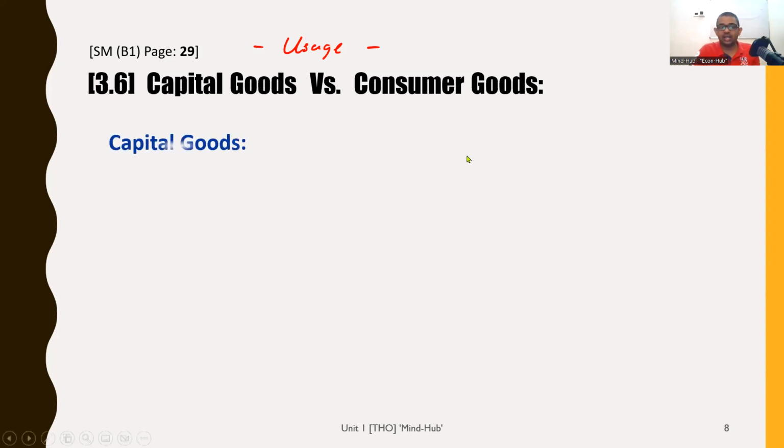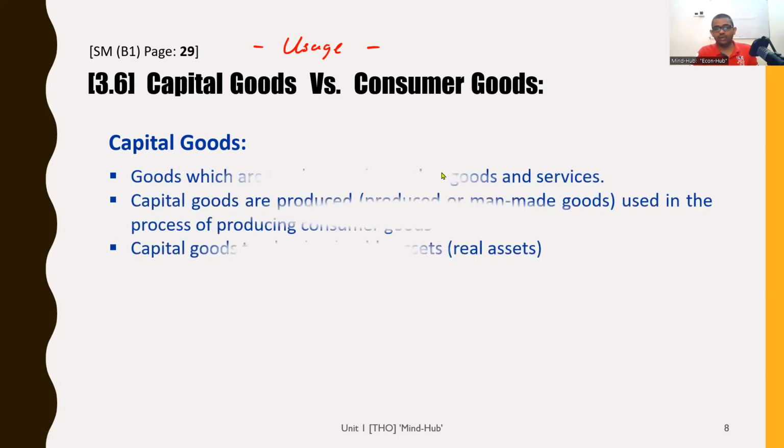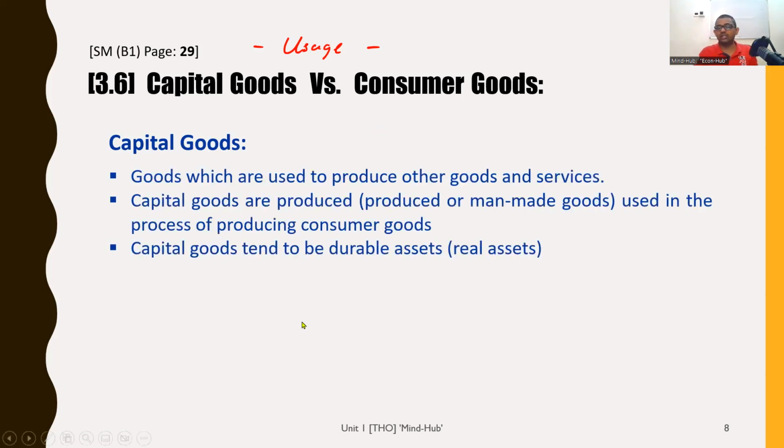But be logical. Capital goods, start writing. We'll write a few points. Goods which are used to produce other goods and services. That is the key. So the main focus is on the usage. What are we using this for? Capital goods are produced or man-made goods, human-made goods. Sometimes this is a good word today when you live in 2022, right? Human-made goods,